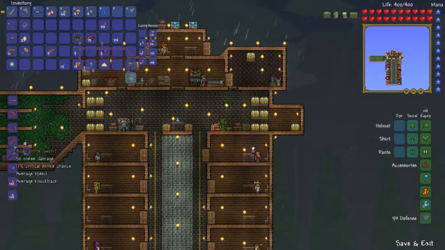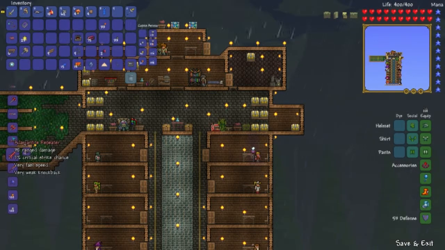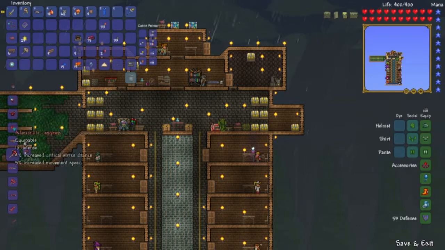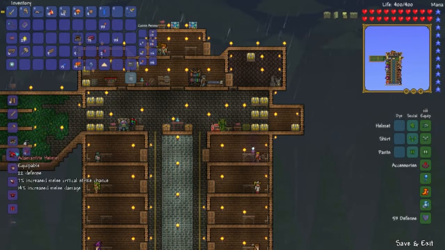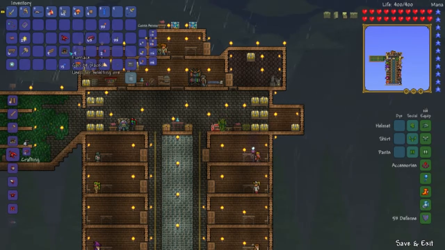Holy moly. Let's just take a look at some of these weapons. 50 melee damage. Yeah, my cutlass is much better than that. Let's take a look at the pickaxe. 180% pickaxe power. This is 200%, and it's also an axe. But this is what I'm interested in. I want the armor. So once again, I'm going to go for the melee set, just because I need the extra defense to survive. So the helmet,